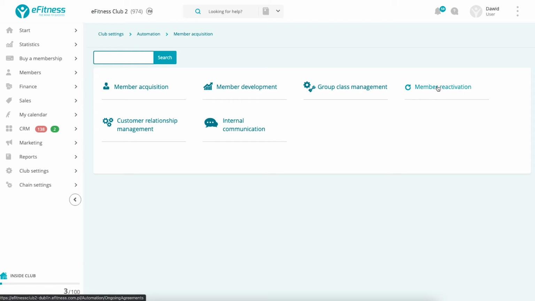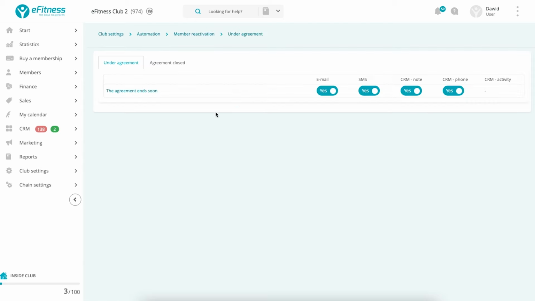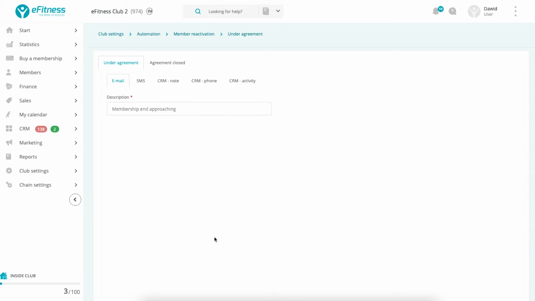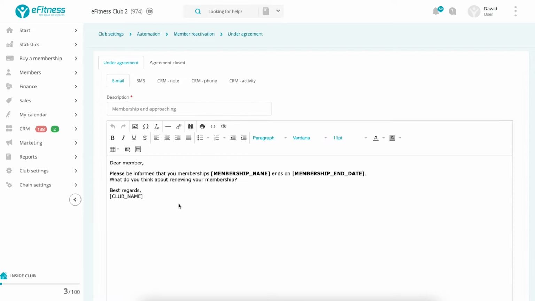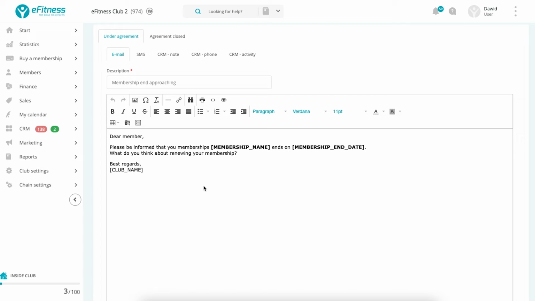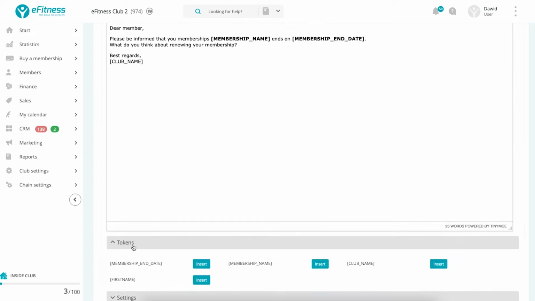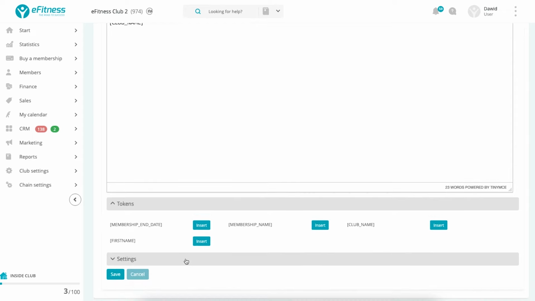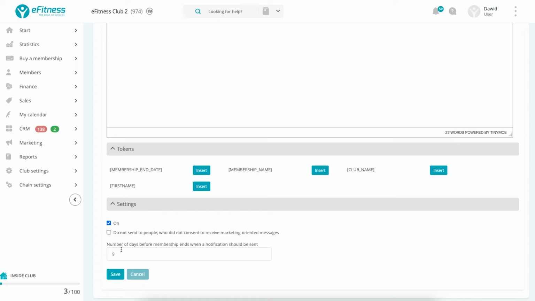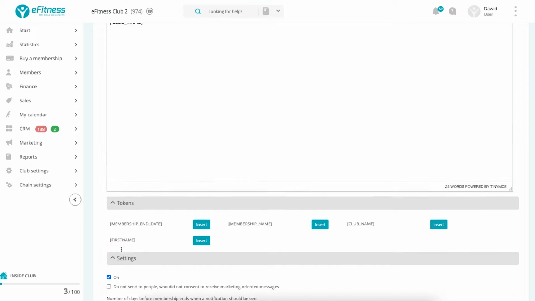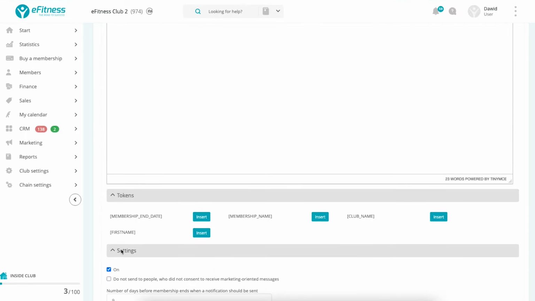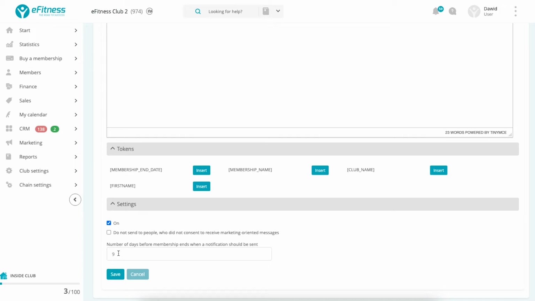Here, for example, I'll give you one example in the automation center, where you create the automated communication. You have a number of templates. One is agreement ends soon. You create a nicely looking email template, and add some nicely looking HTML. And you have tokens to personalize the message that you send to members, and you specify how many days before the membership ends you send that message. So it will, of course, be personalized, like, hey John, your membership ends in 9 days, make sure to renew it,